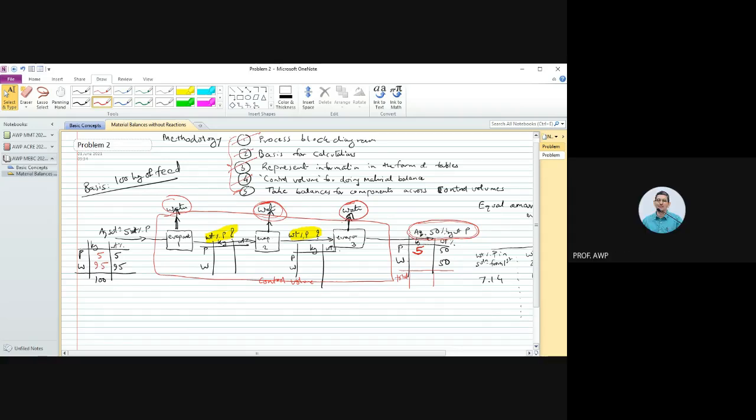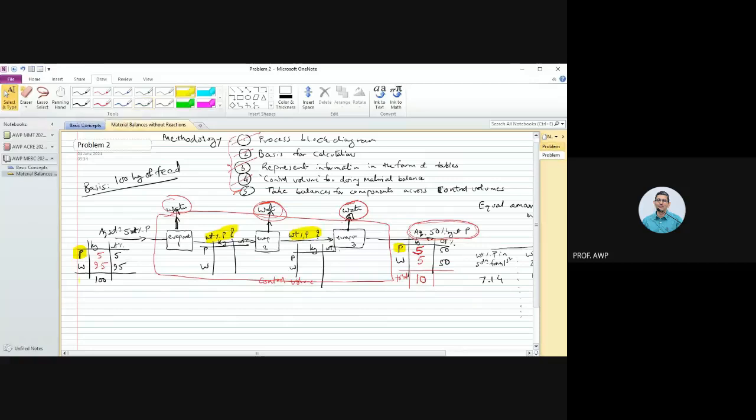Got it. Okay. This component P has allowed us to write this material balance across this red control volume. Now P is 5 kgs and P in this solution is 50 weight%. That means the total must be 10 kgs, and if the total is 10 kgs, water must be 5 kgs. So our problem has been solved